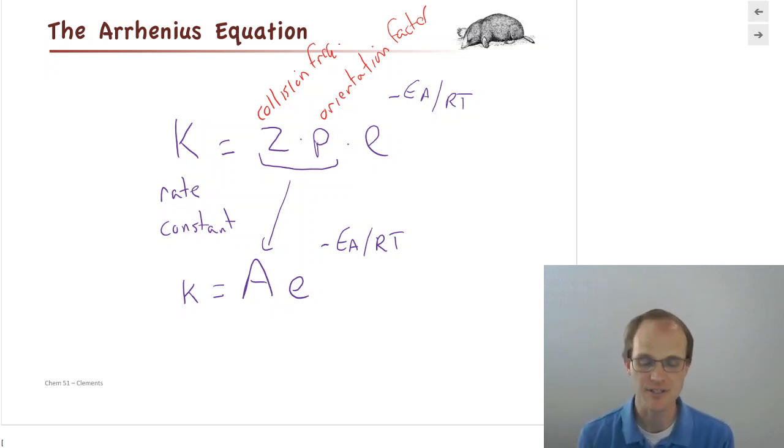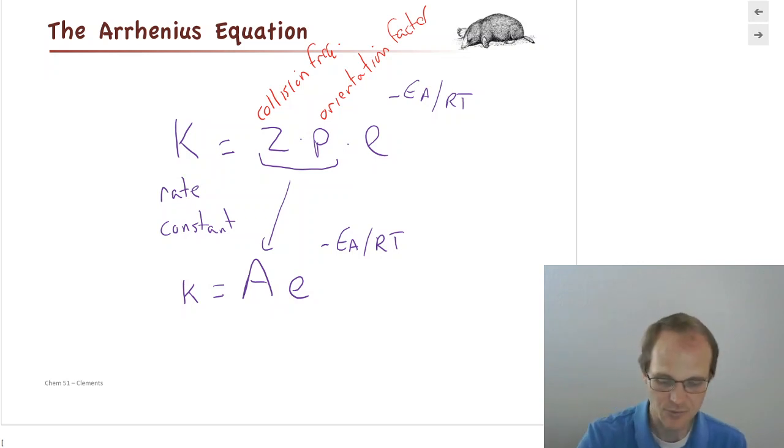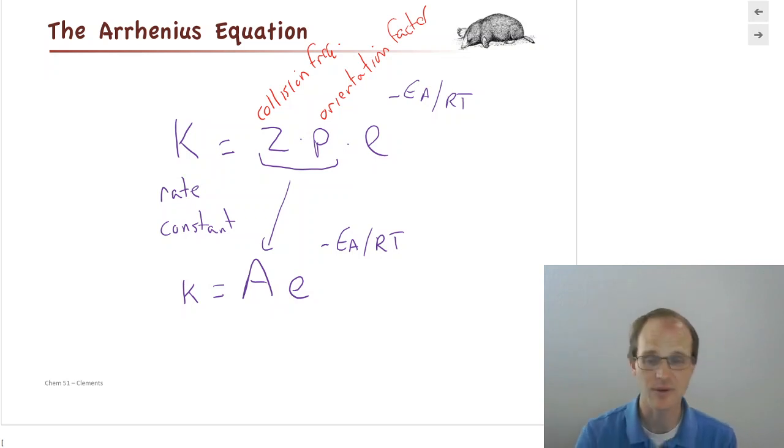But most other things have orientation factors of less than 1 because there are special orientations that are more likely to react than others. But it turns out those numbers are so unimportant that most people just combine them into this capital A that most people just ignore because we don't really care too much about it. Because the most important thing is that exponential term. If you want to increase k or decrease k, you're going to use that exponential term to do it, not the linear terms. So this is the Arrhenius equation, and it's one that we're going to use a lot to try to relate activation energy to k. It's essentially just a plug and chug. As long as you know how to use exponents on your calculator, you should be able to do this one.